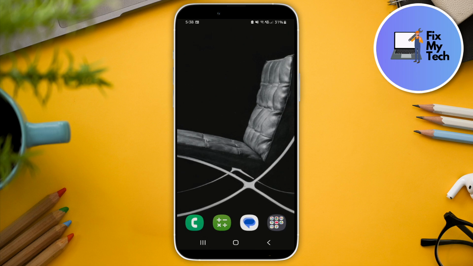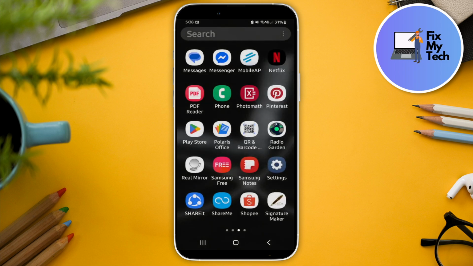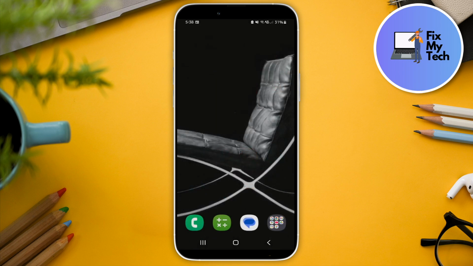Hello everyone, so in this video, I'm going to be showing you how to make your Android look like iOS 18. So, the first thing we need to do is get our Android device here, and as you can see, this is set to the base Android version. So, in order for us to make our Android look like iOS 18, all we need to do is go